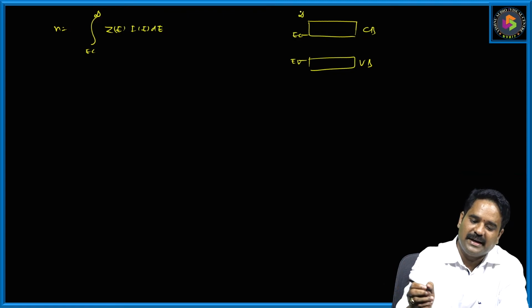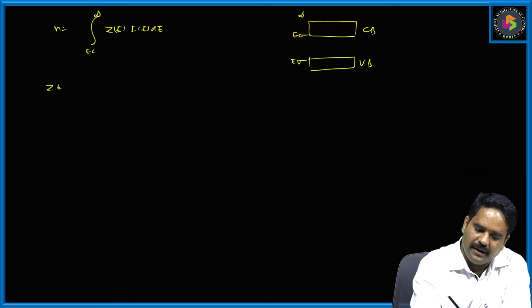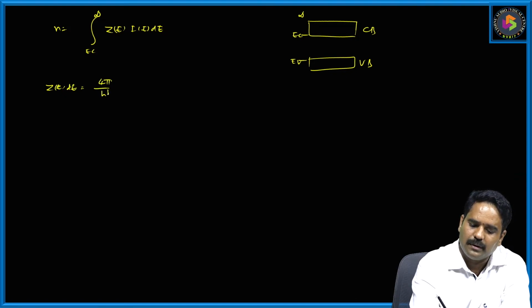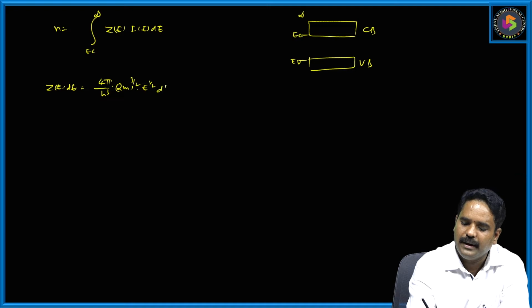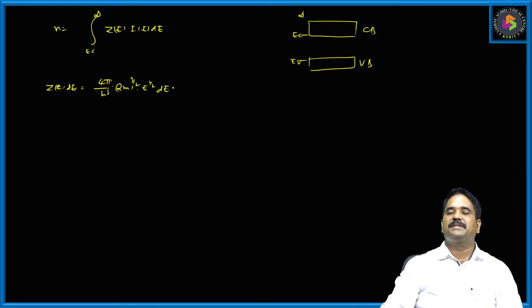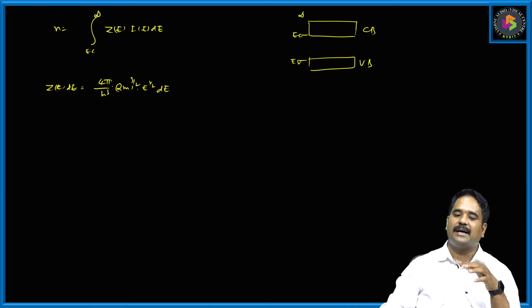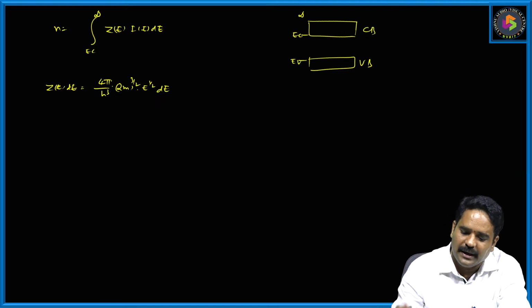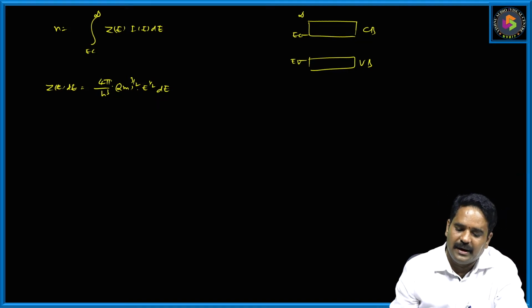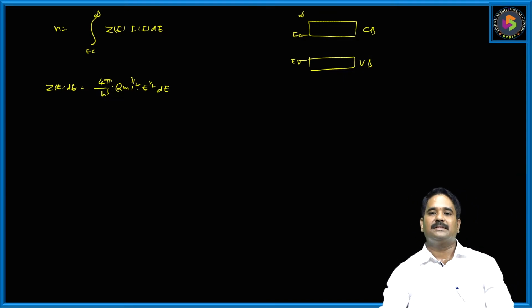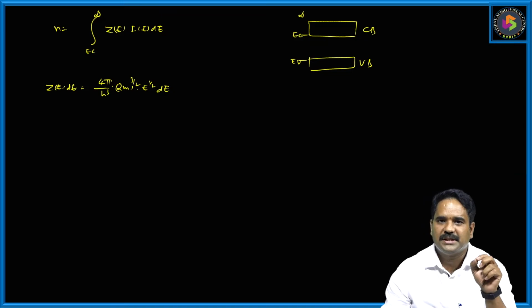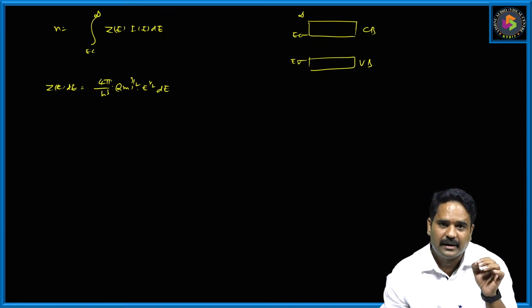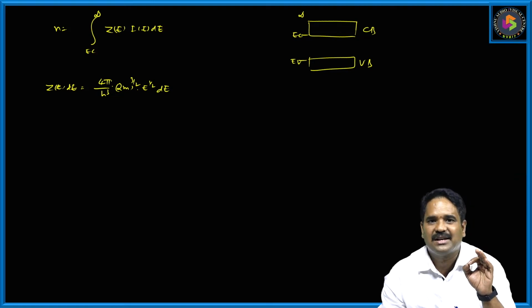So first we will take the expression for density of energy states. So Z of E into dE, the density of energy states, is equal to 4 pi by h cube into (2m) to the power of 3 by 2 into E to the power of 1 by 2 dE. This is the density of energy states expression. This expression has been taken from statistical mechanics. The density of energy states gives the available energy states for electrons occupation. Here m is mass and E is energy. Here we have to make two changes for this expression, since when an electron moves in a periodic potential, the mass of the electron is not a constant.